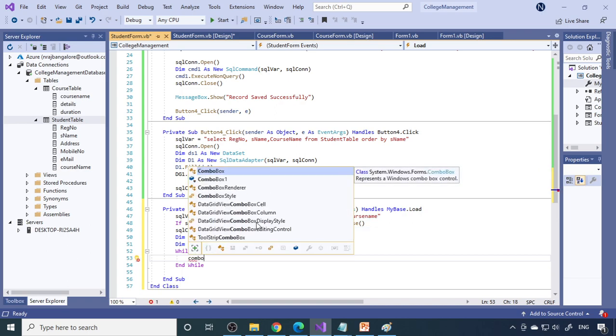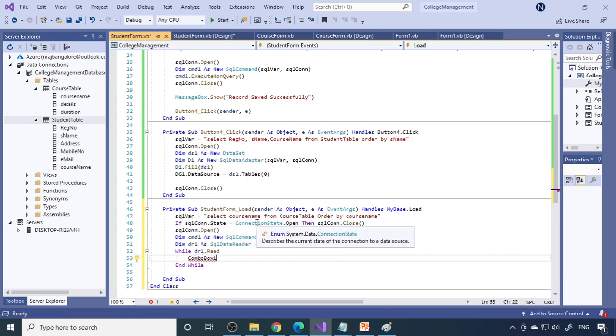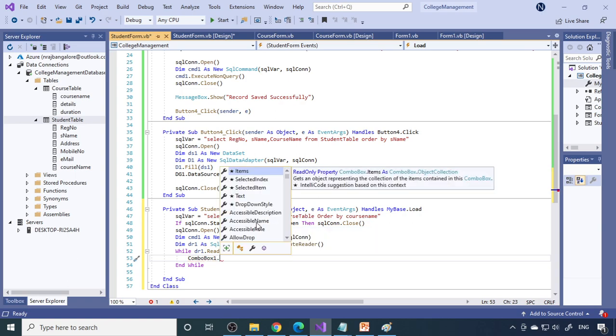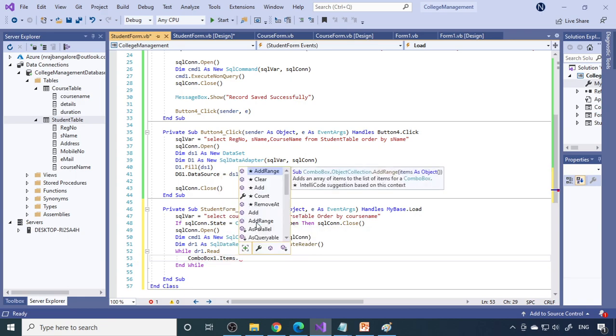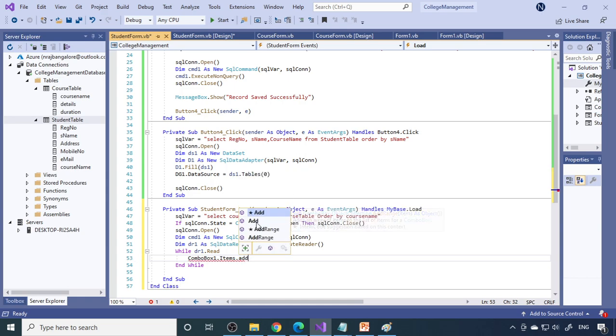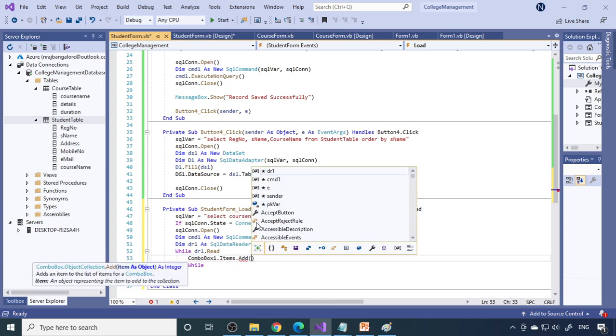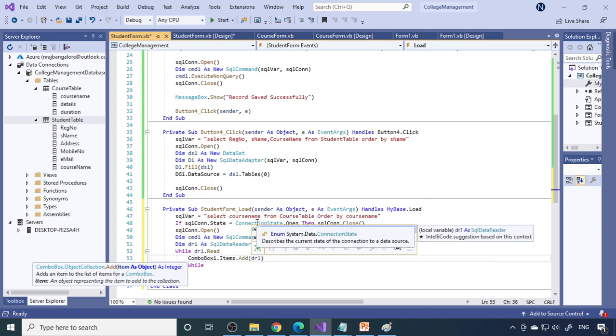Now combo box 1. Here is how we can transfer values programmatically to the combo box. Instead of typing all the values ourselves in the items, we can transfer them automatically. So this is items.Add. You want to add the record, then open brackets: dr1 of 0.